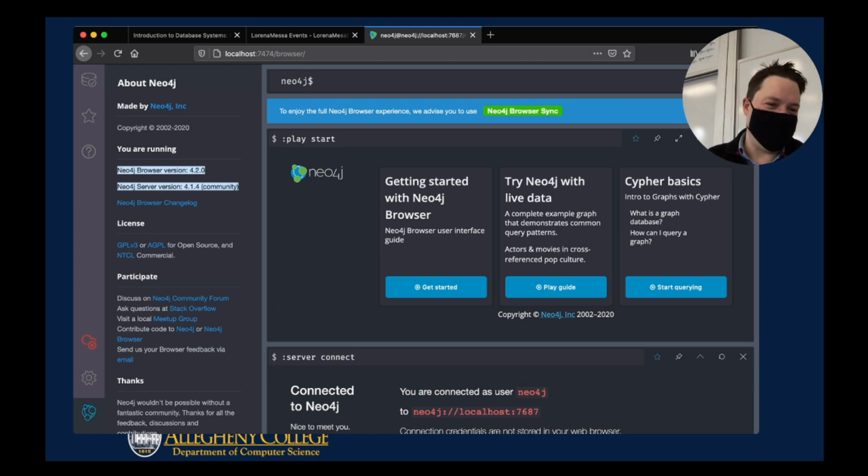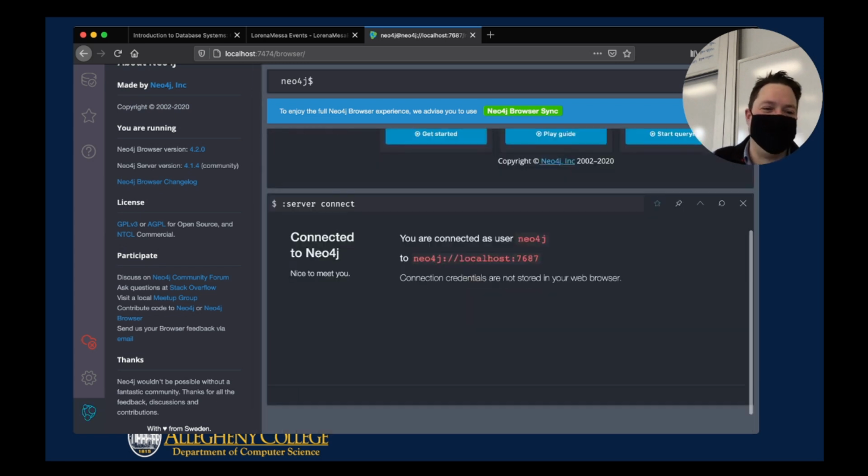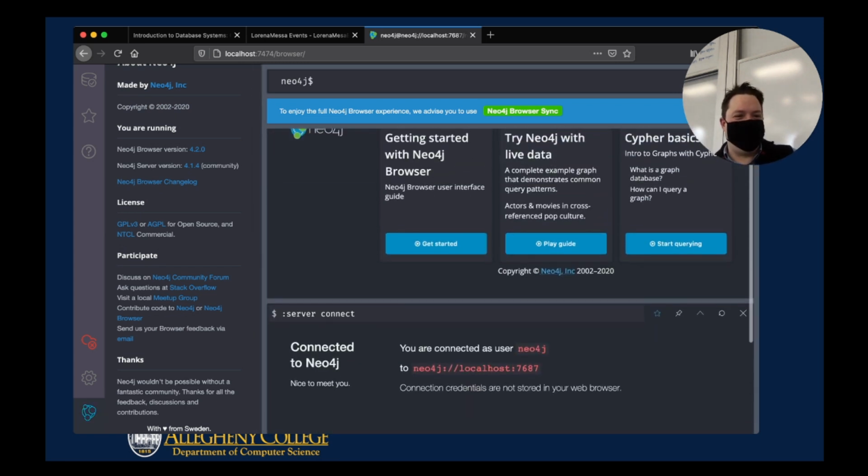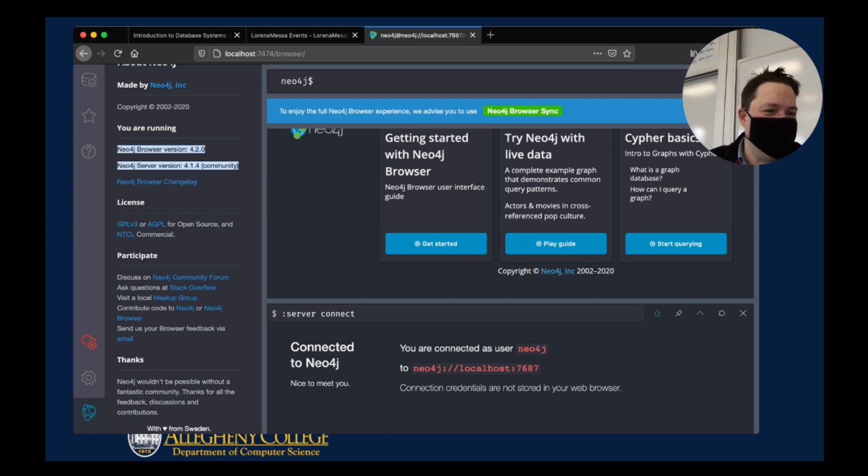it doesn't work. That means your code may have changed, the syntax may have changed, and I found that some of my syntax had changed. So I had to go to this tab right here to find out what the Neo4j version number was, to see whether any changes had happened. And I found out that the code had changed slightly. Software is always changing, so when you create code, you might want to remember what version you're working with